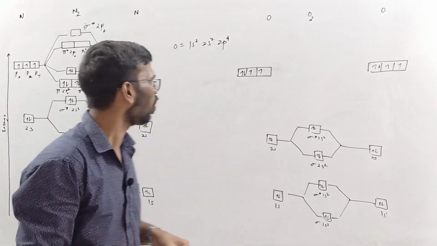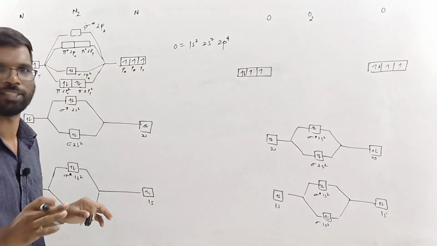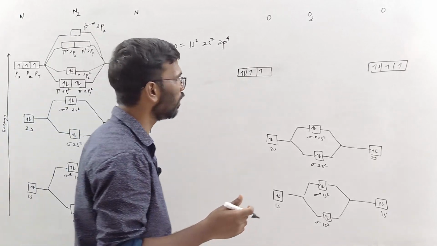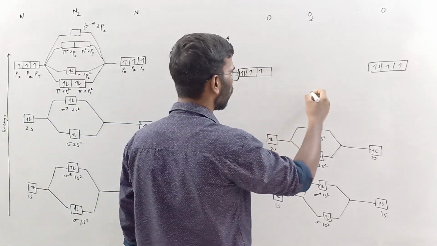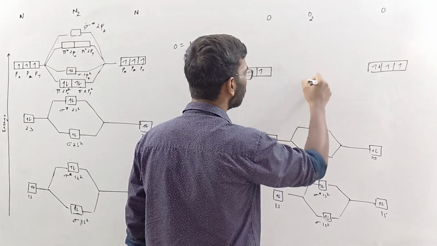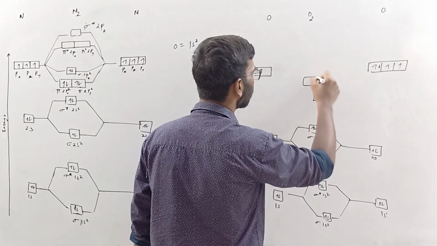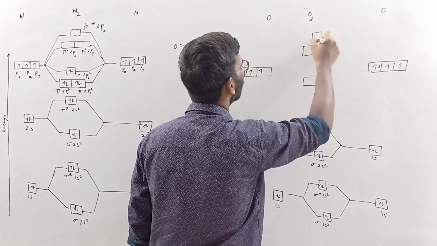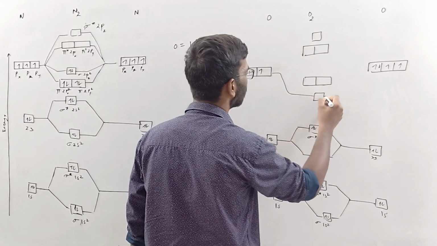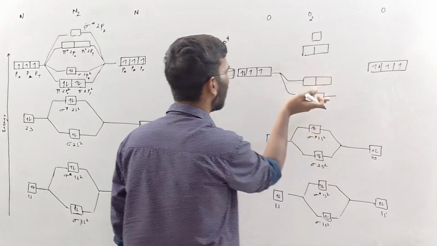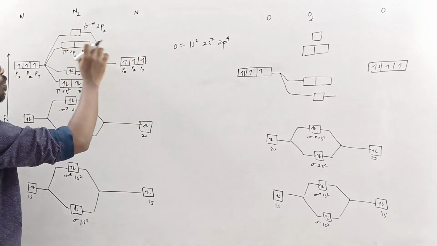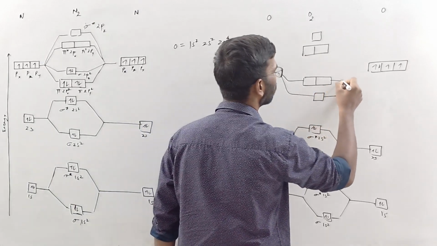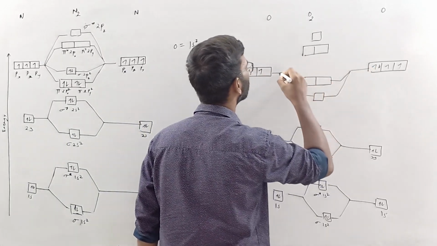Understanding the concept at this level is beyond the scope of this class, so just understand the trick for how the molecular orbital diagram goes. Here it will be 1, 2, 2, 1. This pattern is reversed. The top one is the same, 1 and 2 orbitals, but this one is just reversed, right?